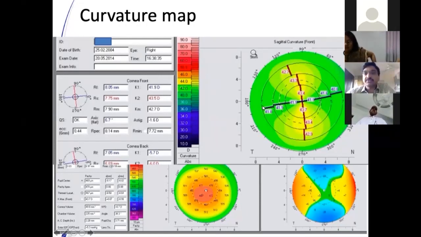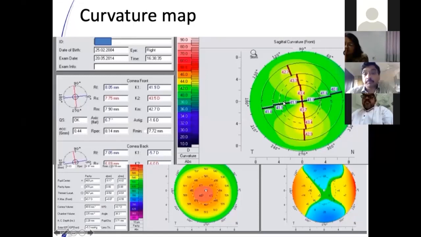In this picture, this is the horizontal, this is the flat meridian. Actually, what we have to understand in most of the tomographers is that what the machine measures is the flat meridian, which is given here, K1. The K2, the steep meridian, is actually the K value of the meridian which is 90 degrees to that, and it is not necessarily the steepest meridian. It may not be the steepest meridian in the cornea. You may find other points which are steeper than this.